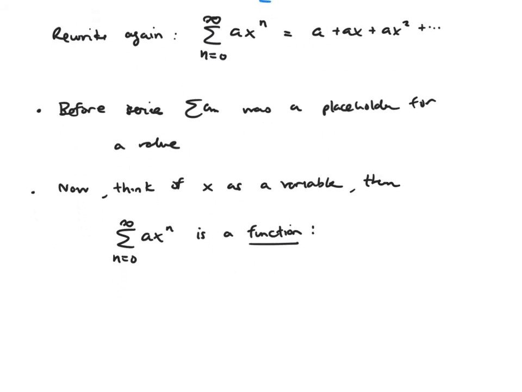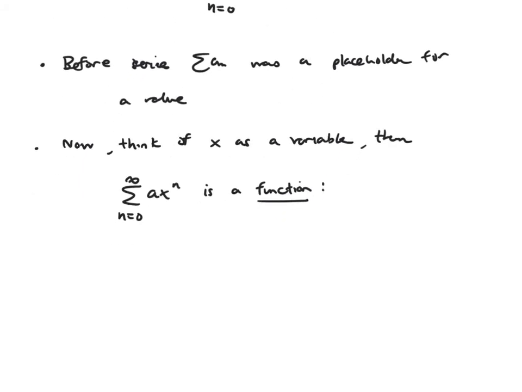X goes in, the series gives you back a value. Now, it doesn't give you back a good value for all of the possible x values you can put in. If you put in x equals 2, for instance, it would give you back infinity. But there is a range of values of x where this will give you a